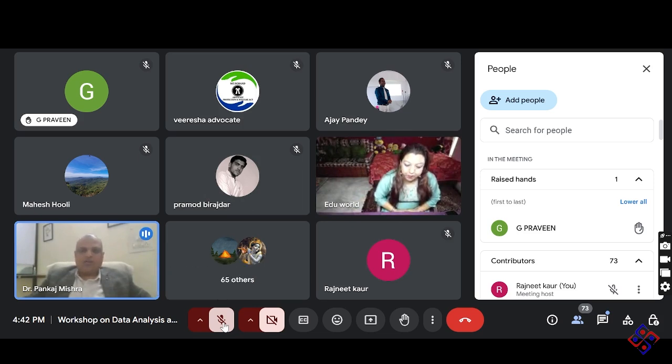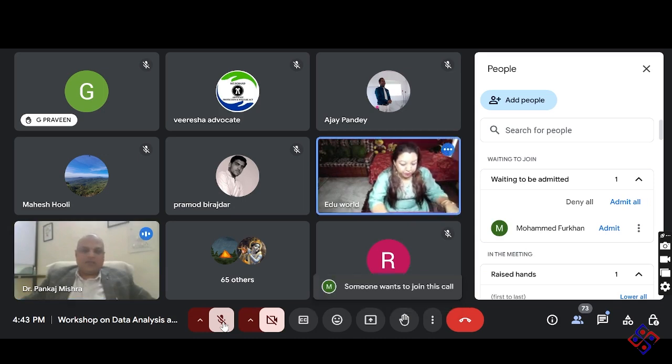We have already conducted two workshops on research methodology: how to prepare for your RDC, how to prepare your synopsis, basic tools, and the key components of your research proposal. Those two workshops are already done, and today's workshop is specifically on data collection. What is data? What is data collection? There will be a 2-day seminar, as we already shared the brochure with you.